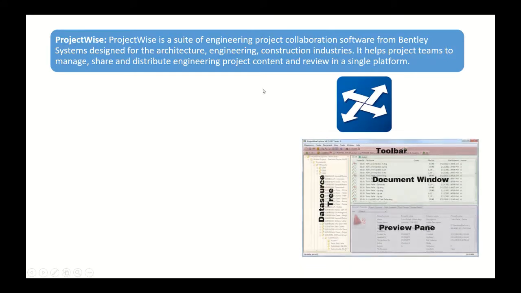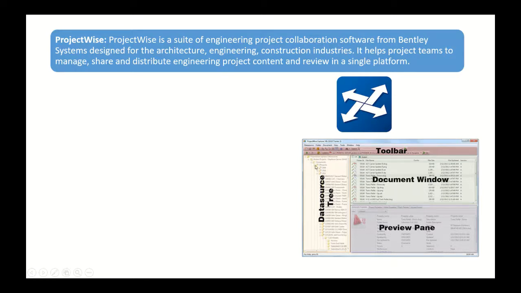This is the overview of the ProjectWise Explorer. One is the toolbar, then the document window, and then the preview pane. Whatever document you select, its details can be previewed here. Then the data source tree.